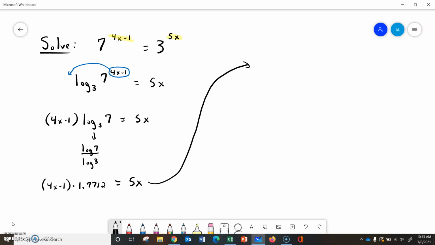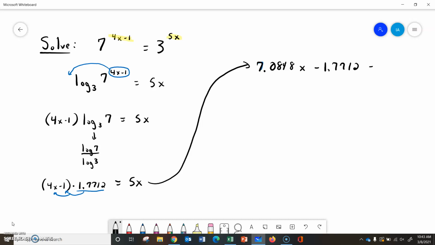So with that, I've got 4x minus 1 times 1.7712 equal to 5x. So I'm going to distribute this decimal into the parentheses. So then I can get rid of all the parentheses and just go ahead and solve it like a normal linear equation that it is. So 4 times 1.7712 is 7.0848x minus